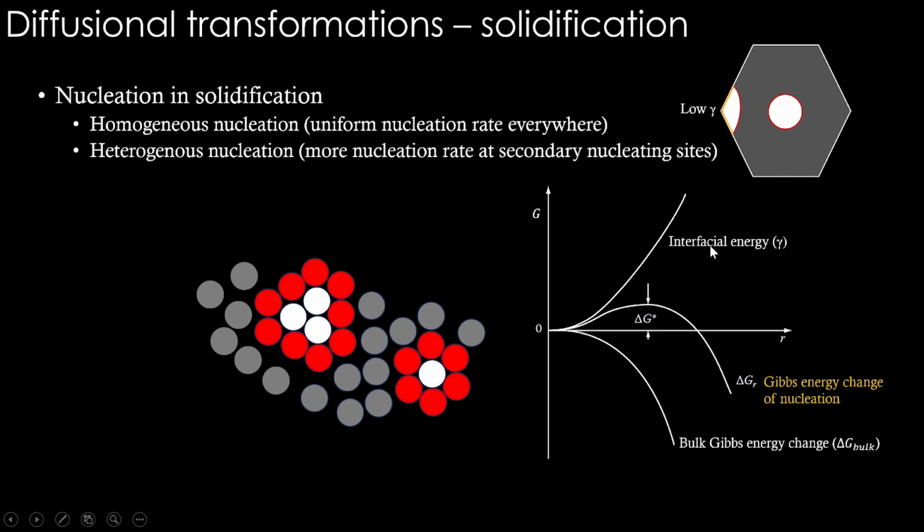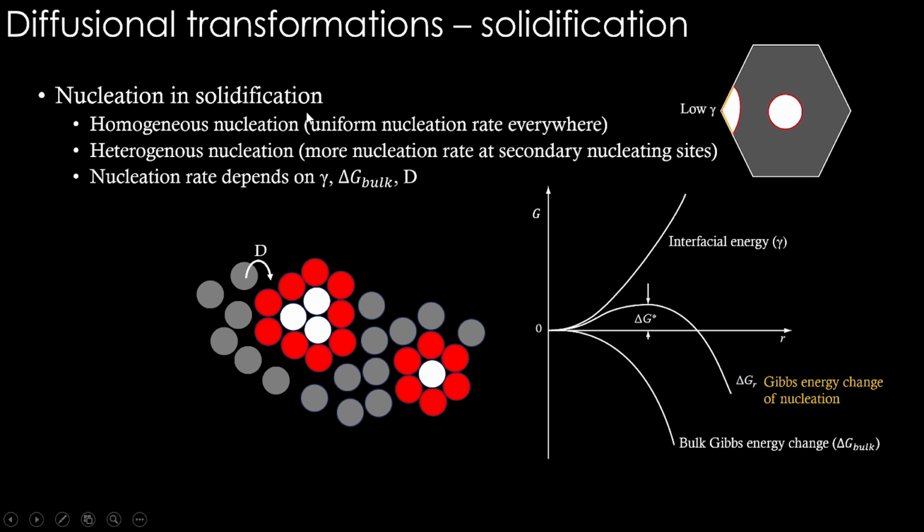Is that all? Interfacial energy and bulk Gibbs energy depending on the undercooling, are these two things the only things that control the nucleation rate? Actually no, there is another aspect, diffusion, because if a liquid atom has to join the solid, it has to jump, so the jump frequency is important here. Therefore, this diffusion aspect is also an important aspect that affects the nucleation rate. Since we are dealing with kinetics, when we talk about nucleation rate, it depends on the surface energy, the interfacial energy, and the delta G bulk, the driving force, and this D, which is diffusivity across this interface. So all these things matter when we talk about solidification kind of transformation.